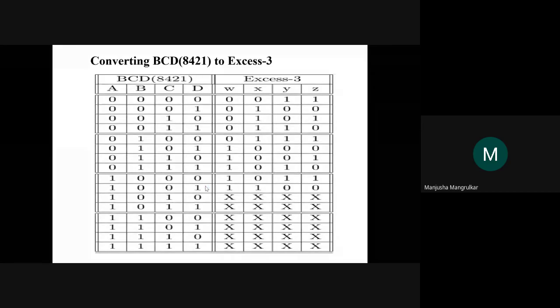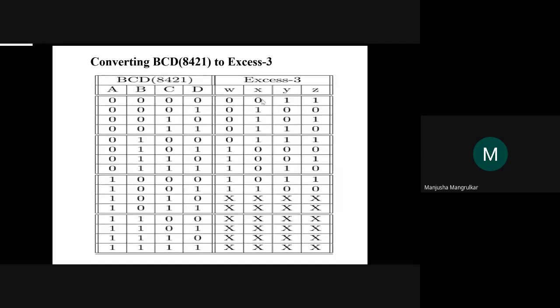Now this BCD number is converted into the excess 3. Excess 3 means your 0 plus 3. This is your 0 bit, it is 0000. This will represent as a 3, right? So 0 plus 3, whatever data you get, that will be the 0 data of excess 3. Excess 3 means BCD number is added with 3, and whatever result comes represents the original BCD number, and this will represent the excess 3 number, right? So have you understood the excess 3 number?